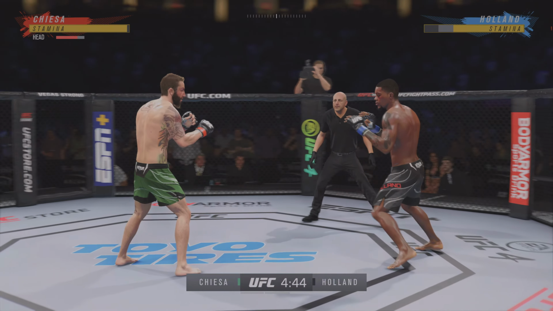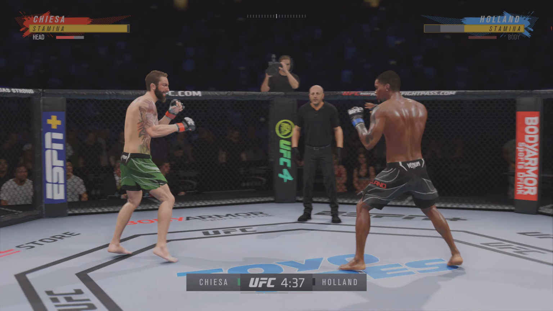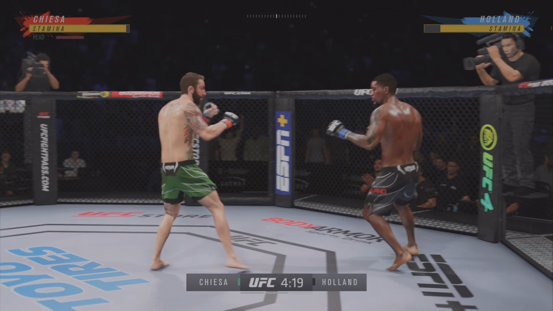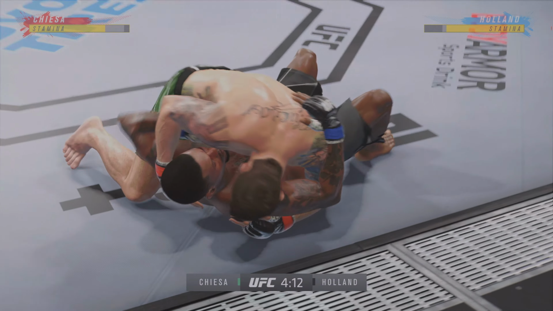Chiesa gets hit with a kick. Oh, he lands another strike to the body here, really starting to connect on a lot of strikes to the midsection here in the latter stages of this fight. Oh, really using his reach advantage as he landed the jab there. Oh, that was nice, John. That was nice. What a takedown